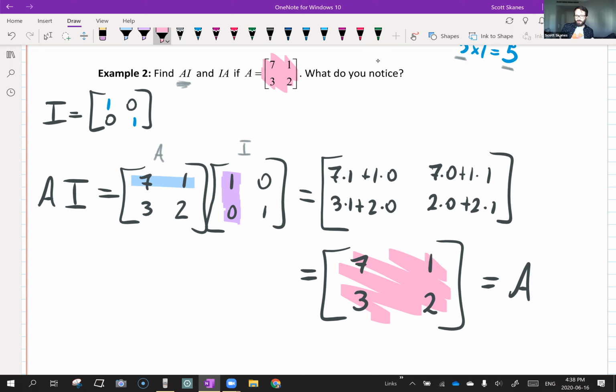I just wanted to make a note on that because I wanted to show you that if you have an identity matrix, you multiply it by a matrix, it doesn't change anything. And that might seem silly, but it's just like saying, well, it's silly that when you multiply something by 1, you get the same number, but it does have,